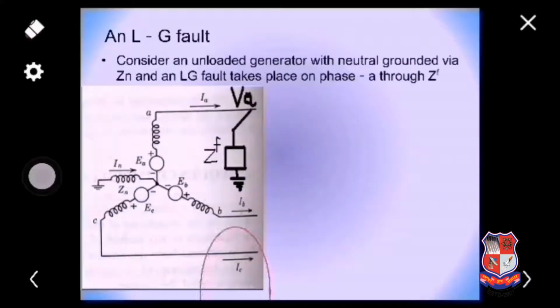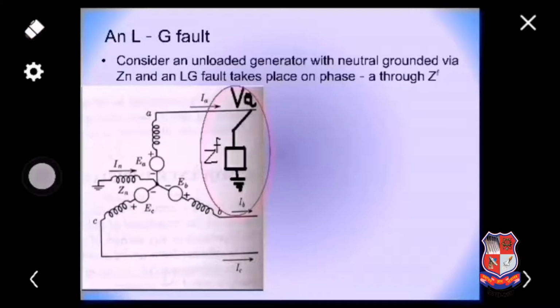When an LG fault occurs on a 3-phase unloaded synchronous generator, we must represent first the terminal conditions. Now the terminal conditions are those conditions considered simultaneously at the same point of all the 3 phases. It means phase A, phase B and phase C. Fault is considered to be simulated only on phase A. Now what will be the conditions at phase B and C at that time when fault takes place at phase A? These are named as terminal conditions or boundary conditions. This is an unloaded synchronous generator. Now let us define the boundary conditions.